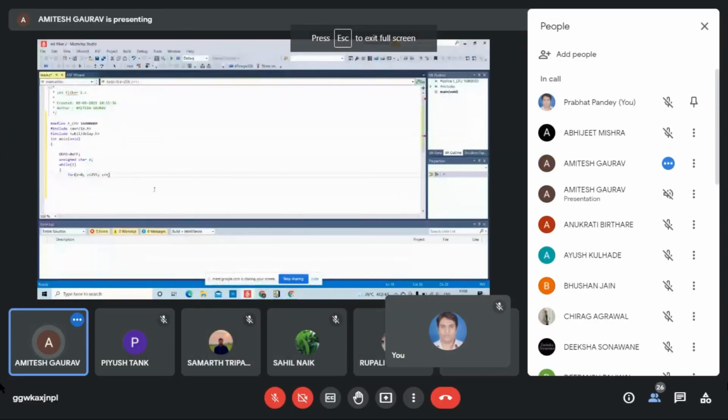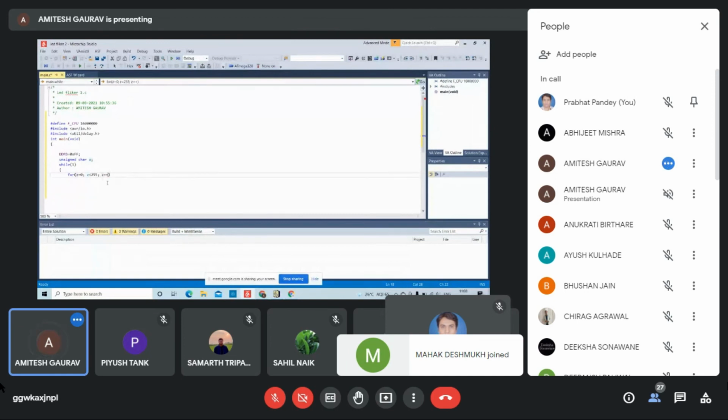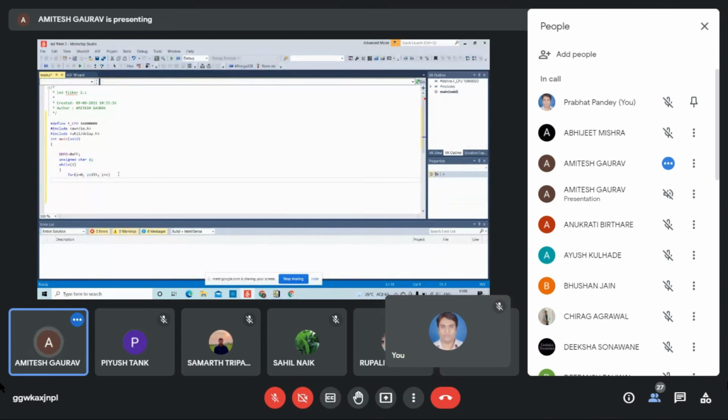So we have created the while loop and here a for loop, and in the for loop we'll give the value. In the for loop we will define the register and port.